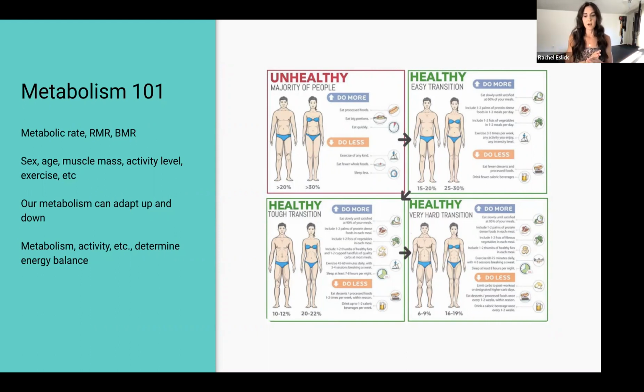But our metabolic rate is, let's just say for me, let's just say I need 2,000 calories to be in homeostasis, right? That would be kind of high. Maybe 1,500 would be a better example. That might be my resting metabolic rate or my basal metabolic rate. Those two numbers are typically very close.